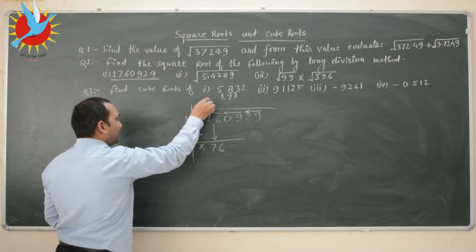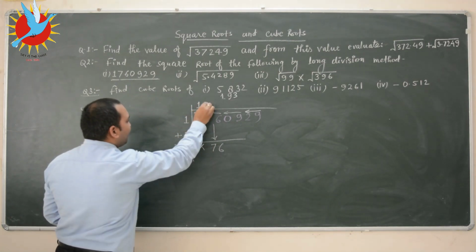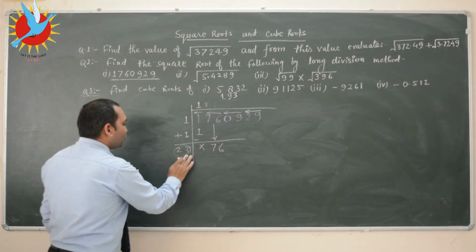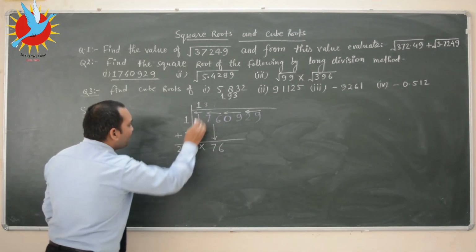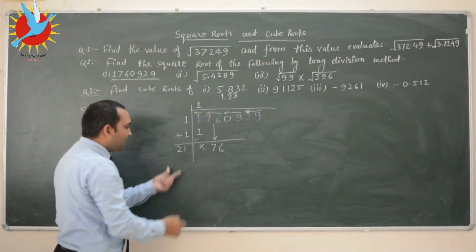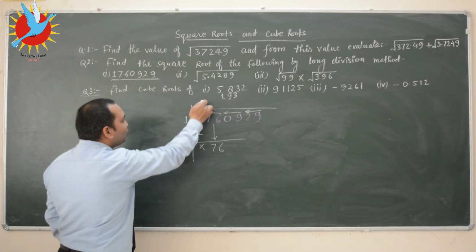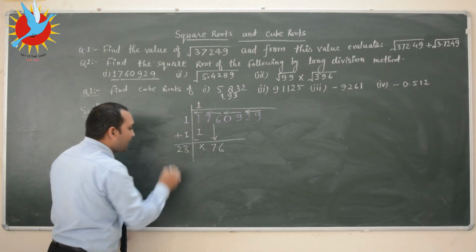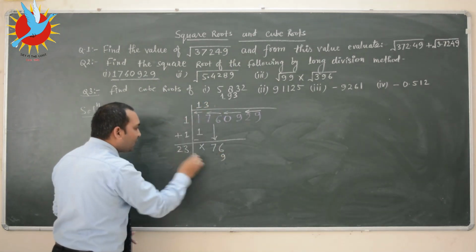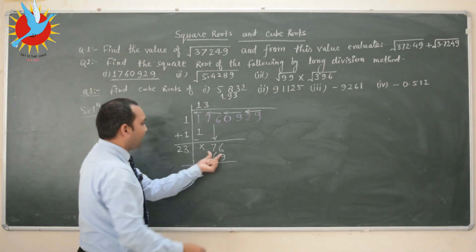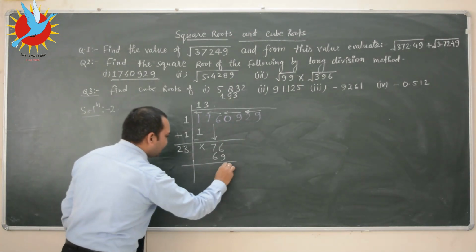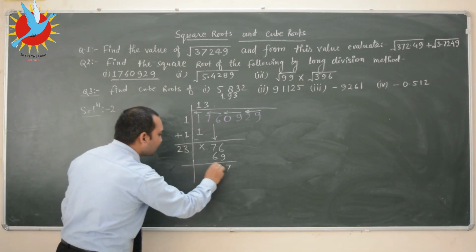The same number here also. Consider here is 3, so we write here 3 but multiply 3 by 23. This whole number we multiply by 3. So 1 plus 1 is 2 and we write here 21. 21 ones are 21, this is very less, so we think about 2. 22 twos are 44, this is also less, so I think 23. 3 threes are 9 and 3 twos are 6. 69 is near about 76. So 16 minus 9 is 7, and here 6 minus 6 cancels.